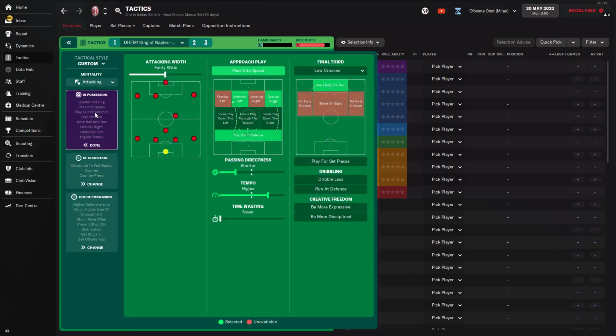The mentality is attacking, by the way, and I think I like that. I kind of prefer attacking to positive mentality, although that's kind of where I switch between both mentalities. I kind of enjoy those two. But here is attacking mentality. Pass into space has been checked on for this team, and then something very unique I don't do very often